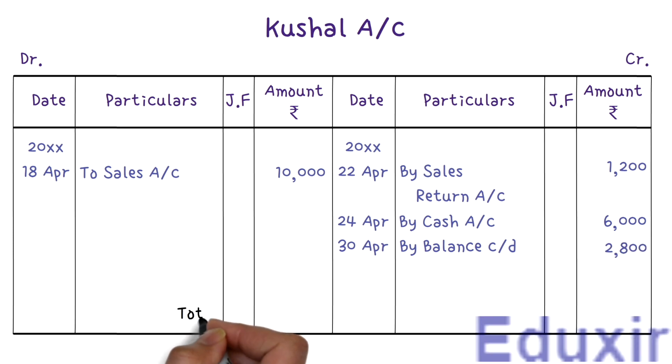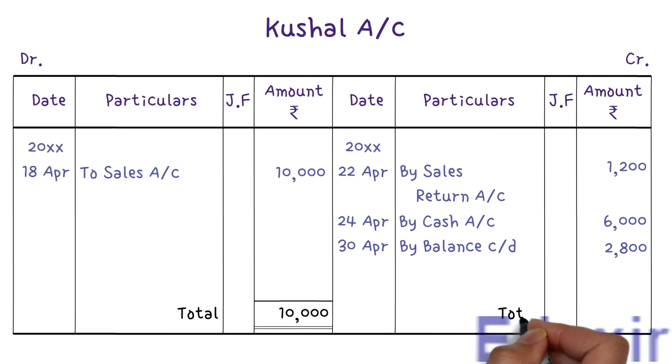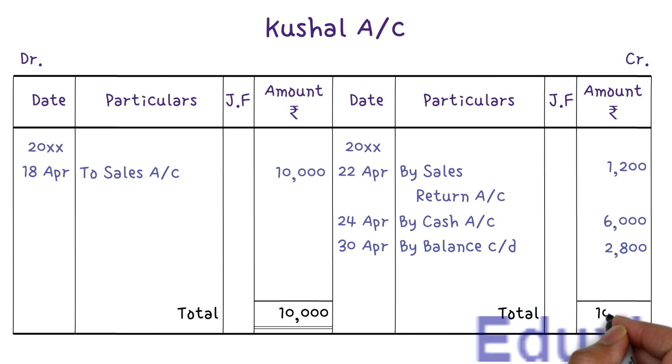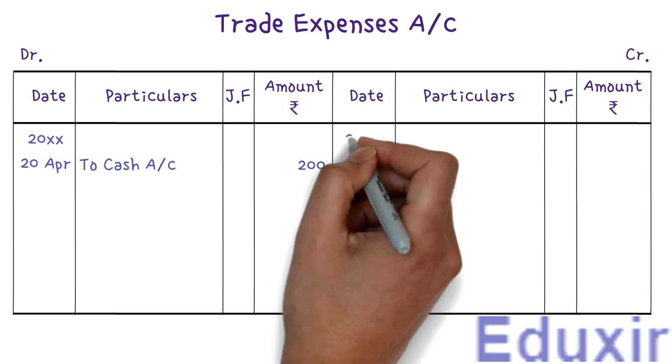Now the total on the debit side is 10,000 rupees. And the total on the credit side is 10,000 rupees. So now Kushal account is balanced. Let us now take up trade expenses account. As there are no entries on the credit side, the entire debit balance of 200 rupees need to be carried down. As this is the first entry on the credit side, let us first write the year and then let